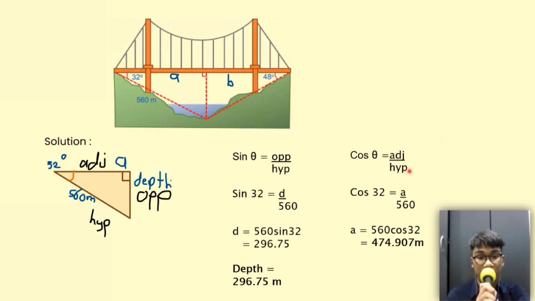Then we do the same thing: we put 32 degrees here, equal to A. We don't know A because we want to find it. Like this, we put 560 again, and then we move 560 to the left, same as the movement that we made earlier. So the length of A is